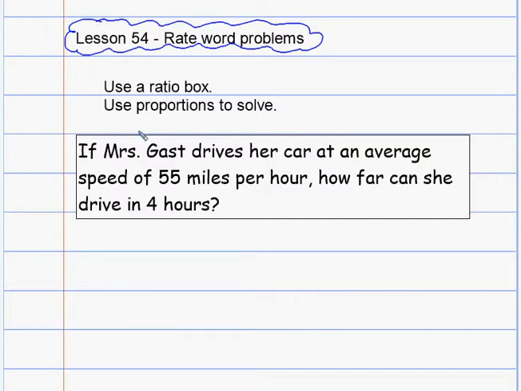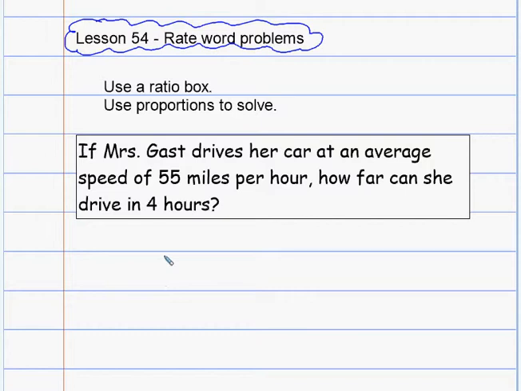Okay, so remember from lesson 53 we talked about how you can use a ratio box and proportions to solve problems when you're talking about ratios. Well, you can do the same thing when you're talking about rate word problems. The ratio box is a nice tool to help you organize information and then write your proportion. So, if Mrs. Goss drives her car at an average speed of 55 miles per hour, how far can she drive in 4